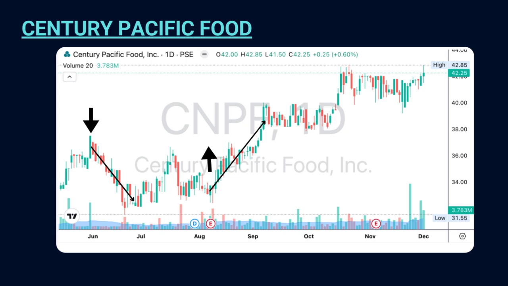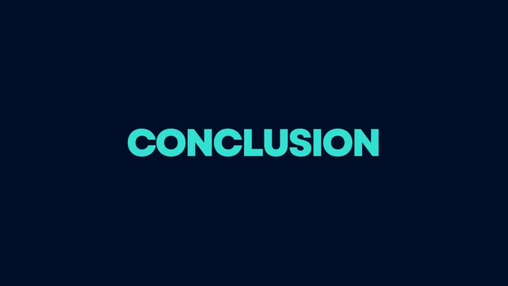The bearish Harami pattern identified on June 1 coincided with the broader downward trend, while the bullish engulfing pattern on August 7 marked the beginning of a notable upward movement. These candlestick patterns not only highlight potential turning points, but also reinforce the expected market trends, demonstrating their usefulness in confirming broader market dynamics. In conclusion, while memorizing candlestick patterns can be a valuable skill, identifying them in real-time market